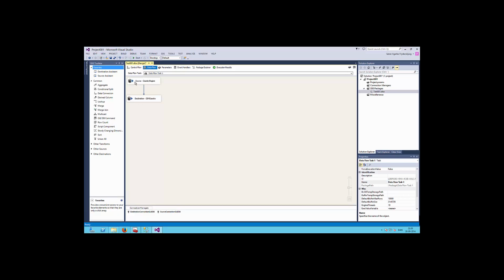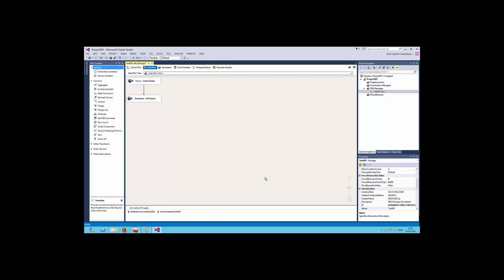To configure the source and the destination, we need to have some connection managers. And these connections, as you see here, are actually in the package itself. That means that I can take this package and put it onto another server without taking the whole project, and then I can run it from there because the package has the information about the connections also.